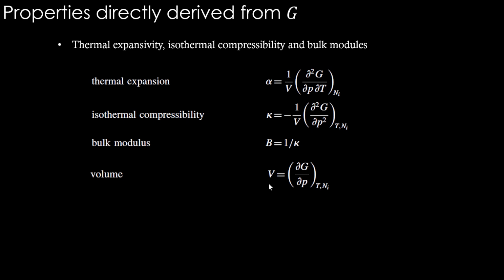So these are directly derived from Gibbs energy, but we need to have Gibbs energy as a function of pressure, because we have to do the differentiation with respect to pressure. So therefore, we need Gibbs energy as a function of pressure here in order to do all this. But we usually have Gibbs energy as a function of temperature. If we bring in pressure dependency, then we can get all these properties at various pressures.